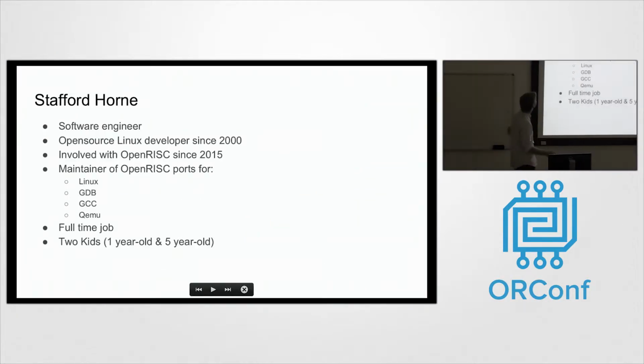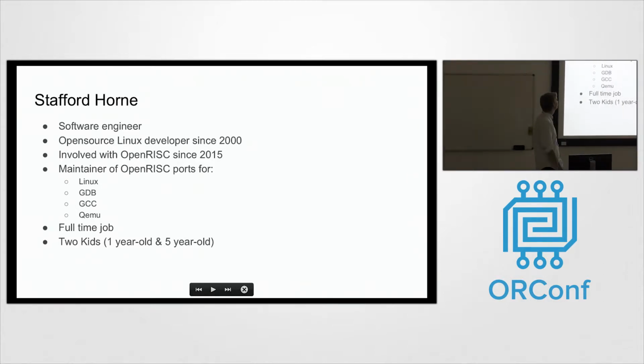Oh, there you go. So I'm a software engineer by trade. I'm not a hardware engineer, though I studied a bunch of hardware in school, and I'm very interested in it. And I do write FPGA IP cores and things like that. But once I got into the IP cores and I started looking for something that I can play with, I found OpenRISC, and I just got involved with the software around it because it needed some help.